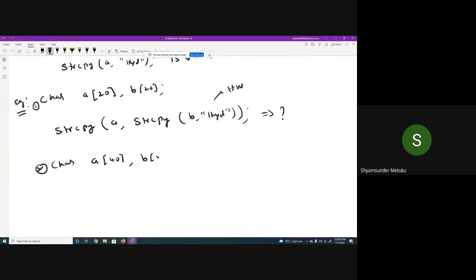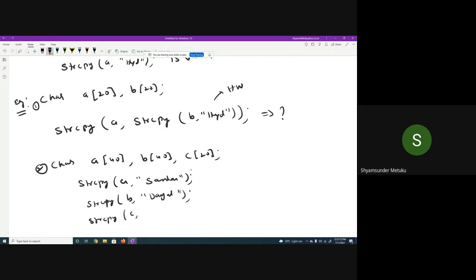I have a total of 3 arrays now. Then during the execution, I simply do a string copy, maybe into A, maybe Shankar is the name. Then I have a string copy again, maybe Dayal. Then I have one more string copy, maybe Sharma, Shankar Dayal Sharma, something like that.